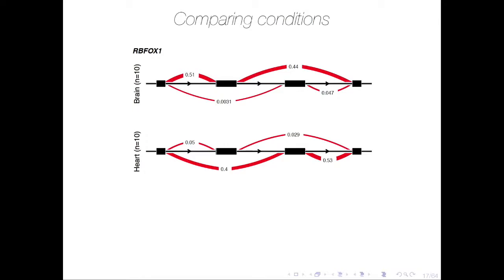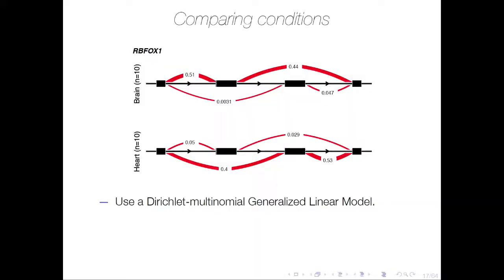But we want to be able to statistically test for such differences. And we do this using a Dirichlet multinomial generalized linear model that directly models the observed counts for all of the introns in our data set. I'm not going to go into this model in detail, except to say that the multinomial likelihood corresponds to the fact that we're thinking about the choice of which introns were removed relative to the others in the cluster. The Dirichlet component lets us model overdispersion in RNA-seq data. If you've seen beta binomial models used, which also get used sometimes in genomics, then this is just the multivariate generalization of that likelihood.